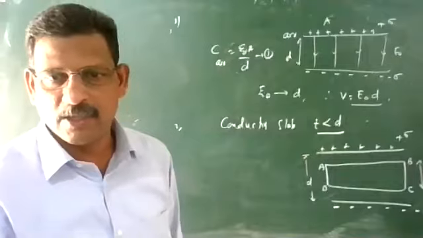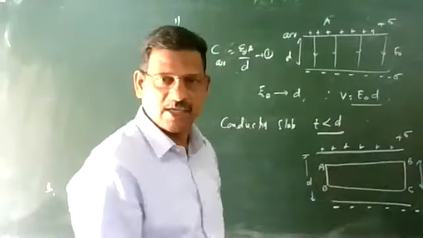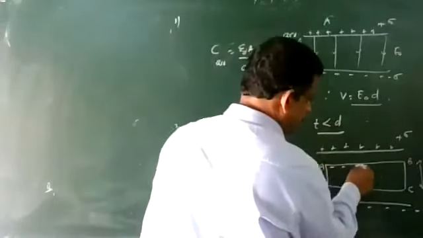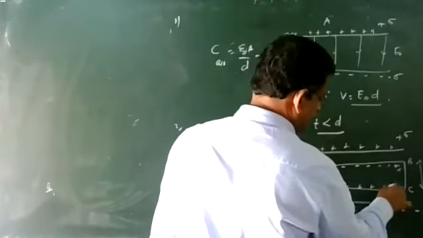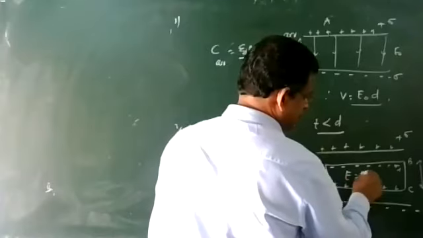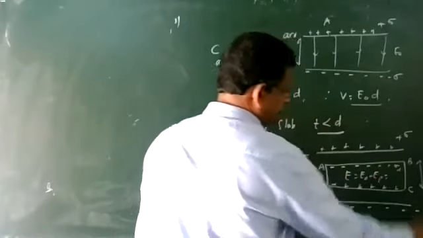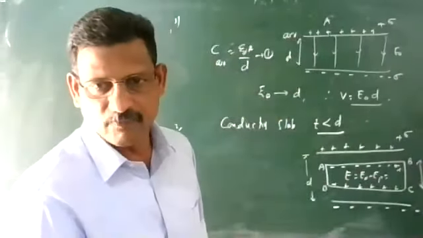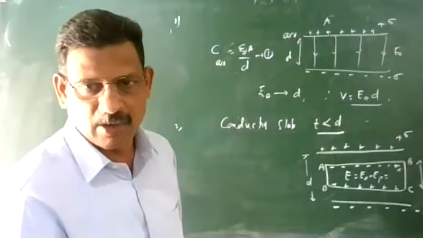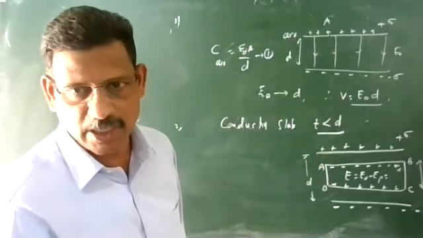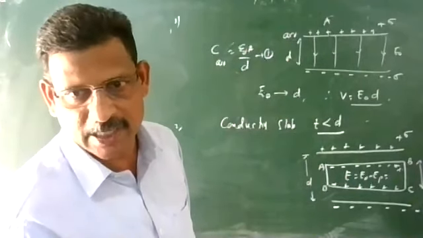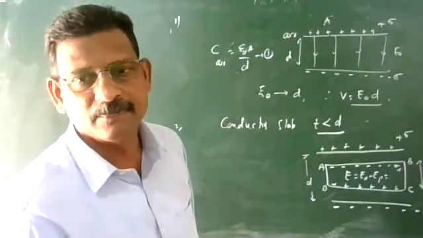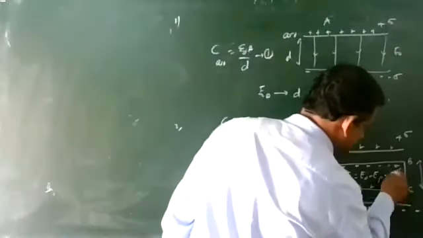What happens there? Free electrons will gather and collect here, producing minus sigma, and leaving an equal positive charge on the other side. What is the net electric field inside? When a conductor is placed, the polarized field EP increases against E naught, and finally the net electric field inside is 0.